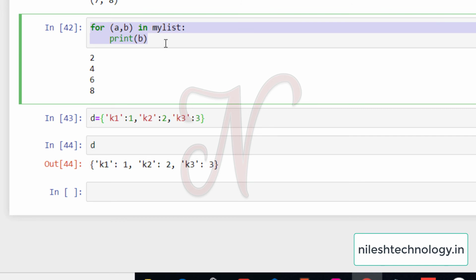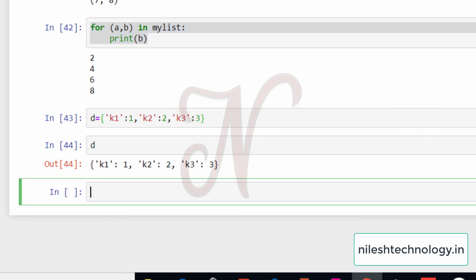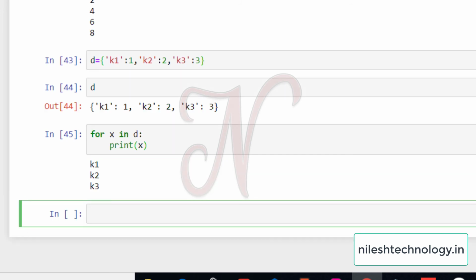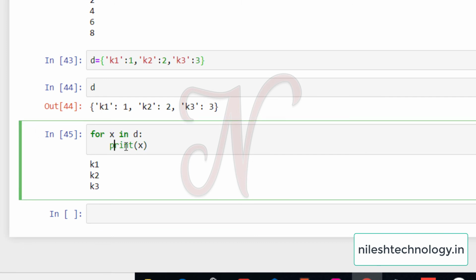So see here: for x in d colon print x. See here k1 k2 k3, only keys are printed. So by default only keys go to x, and the values of x are the keys, that is k1, k2 and k3.